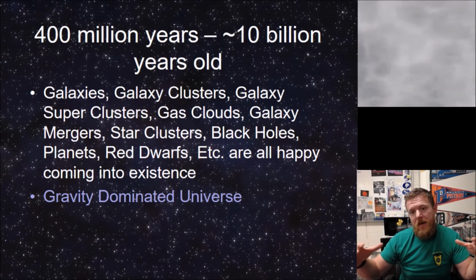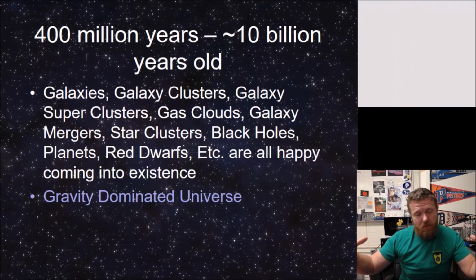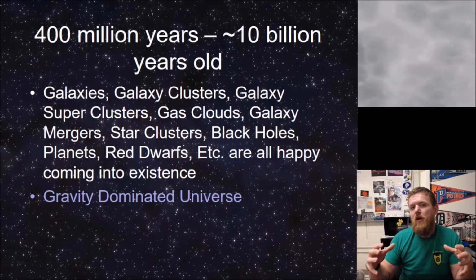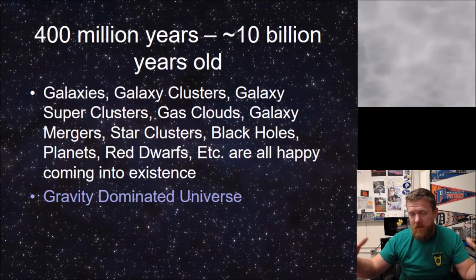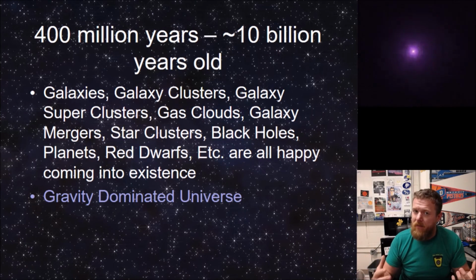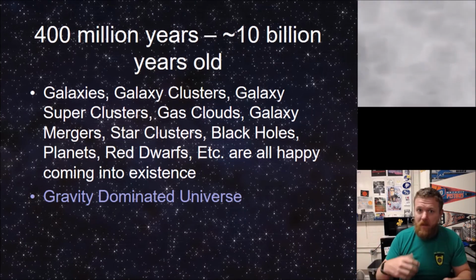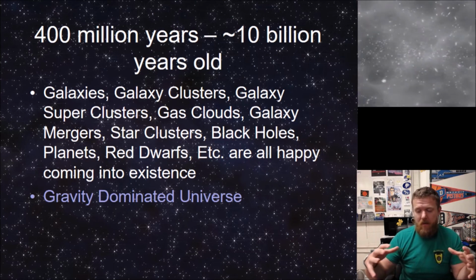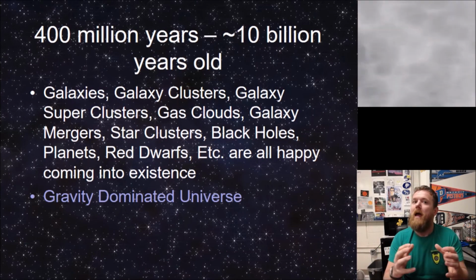The universe was expanding, but because of all the stuff in it, it was slowing down. So the expansion of the universe was actually slowing down because gravity was dominating the expansion. The gravity of all this stuff in the universe was slowing down how fast things were moving away. If things just continued like that, that expansion would slow down and eventually gravity would start to pull everything back together. But